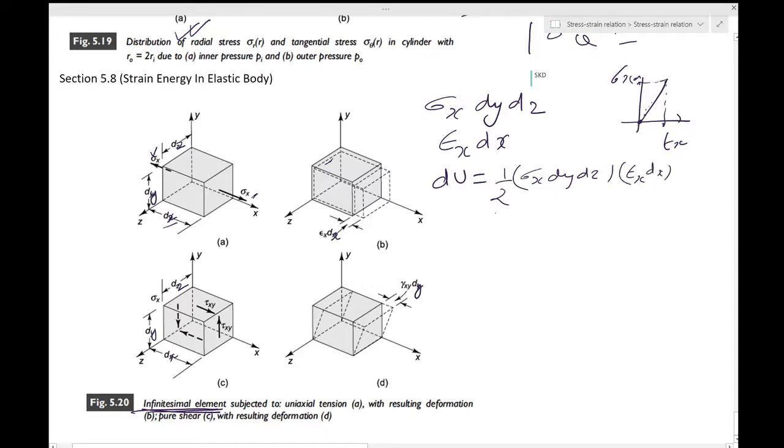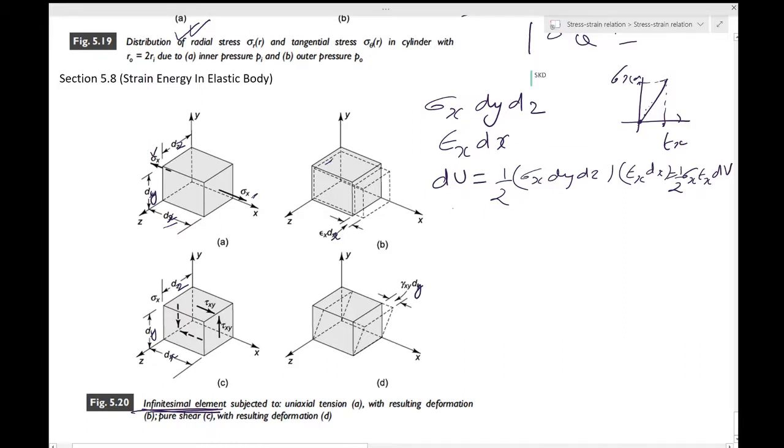Okay, so this becomes equal to half into sigma x epsilon x dV. So dV is the volume of this infinitely small element. Okay, so that is basically dV is equal to dx dy dz. Okay, so that's the case, and once you want to find the total